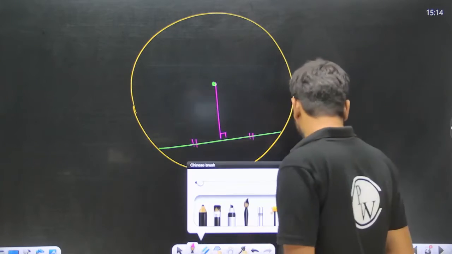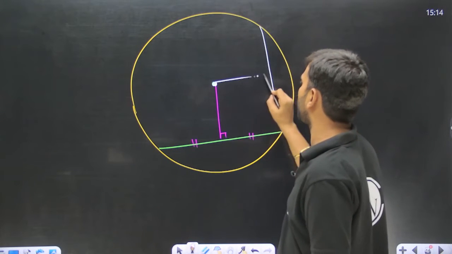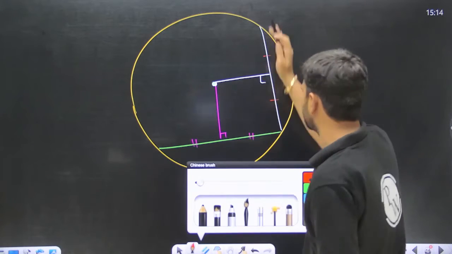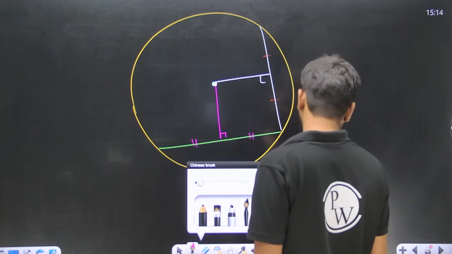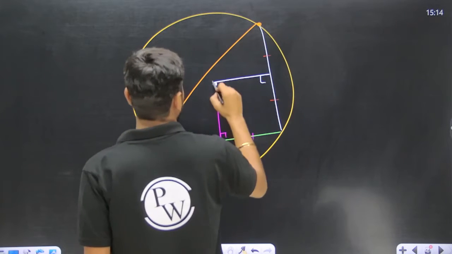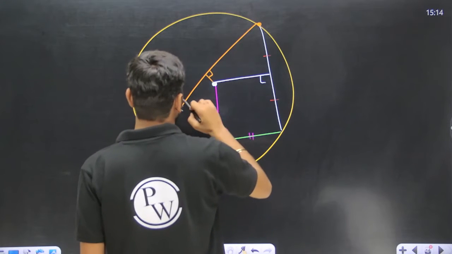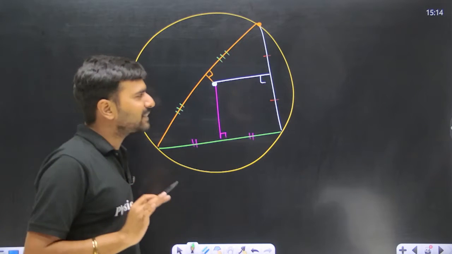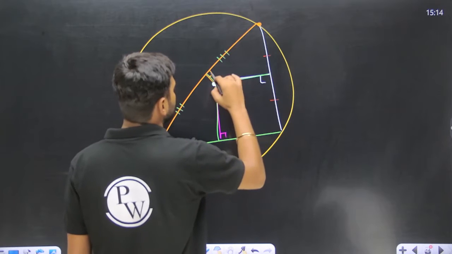Okay, let's say there is one more chord like this. If you drop a perpendicular from here, then here also this length and this length are going to be equal, because this white line is acting as a chord of the circle, right? If you take one more like this, and drop a perpendicular from here, then also this portion and this portion are going to be equal, yes or no? Yes. Okay, so now understand, can I say that this pink one, this white one and this one are